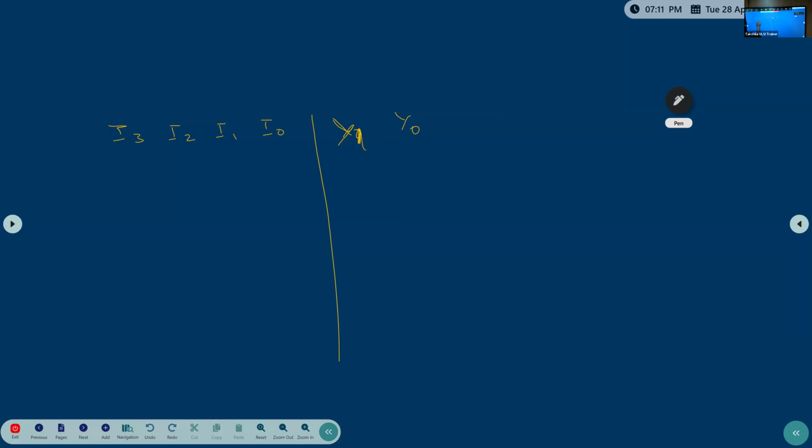So now the 0, 0, 0, 1, 0, 0 case; this is the 0, 0, 1, 0, 0, 1 case; 0, 1, 0, 0, 1, 0 case; 1, 0, 0, 0, 1, 1 case. Getting? So now, if you are observing, when Y1 is high,